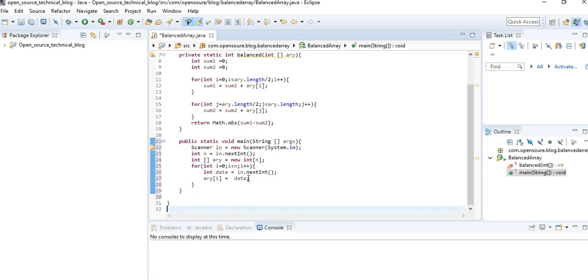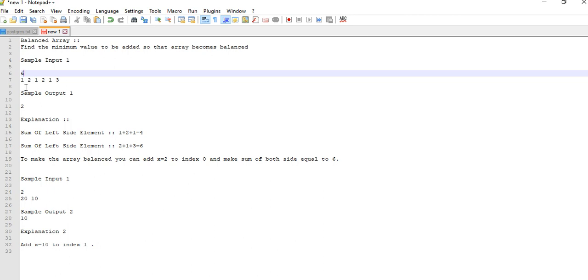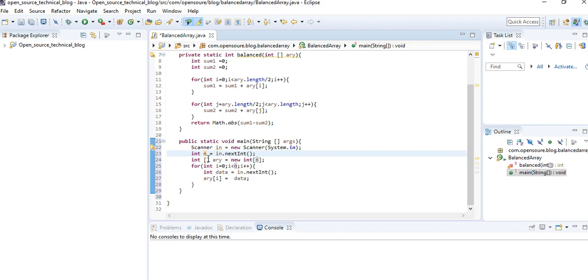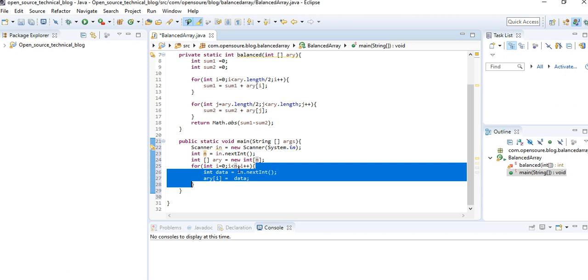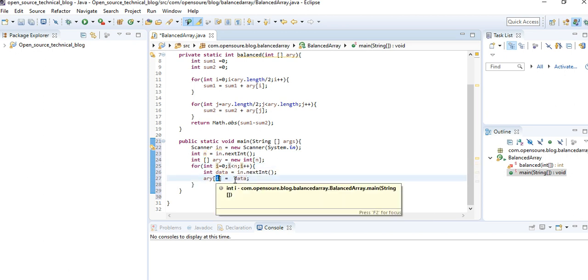In the input we are passing two kinds of data. The first is the number, or length, of the array, and then the numbers, or elements, of the array. From this, first I get the length of the array, then I create an integer array initialized with that length. Then I iterate up to this length and add the data to the array.